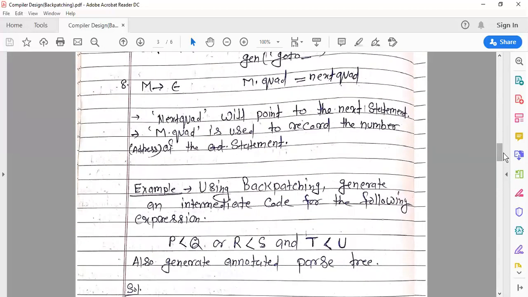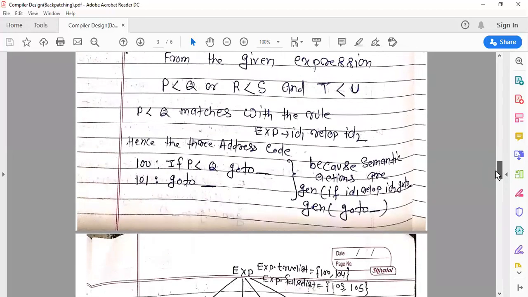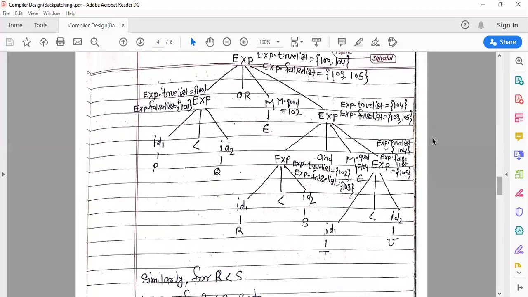Now you can see the parse tree. In the parse tree we have id1, this is r, and here less than, and id2 s. So this r less than s is also reduced by exp. Similarly, as with id1 less than id2, this is reduced by exp, and we have applied the semantic rule.